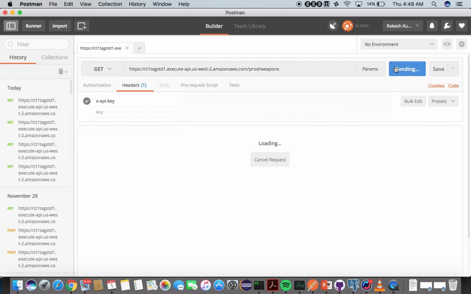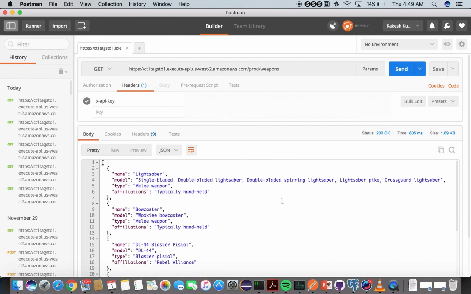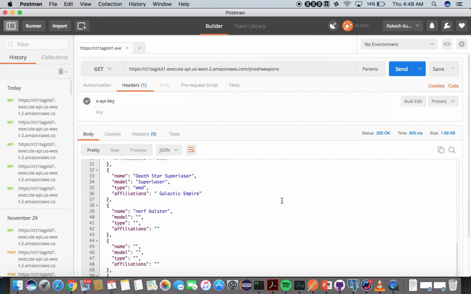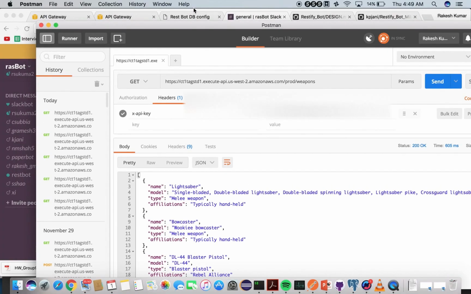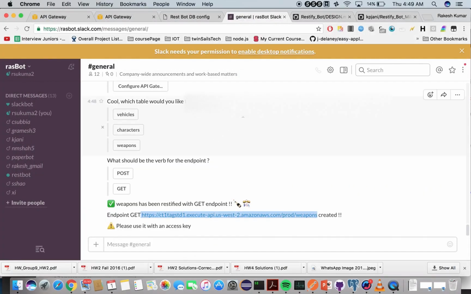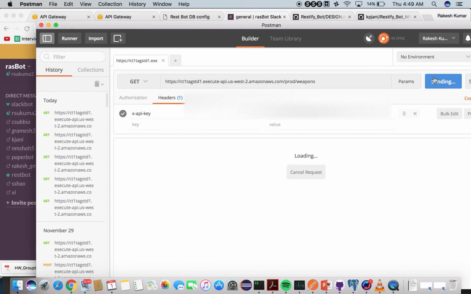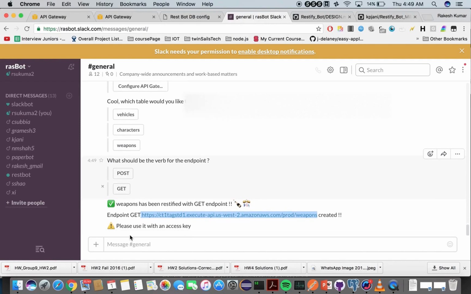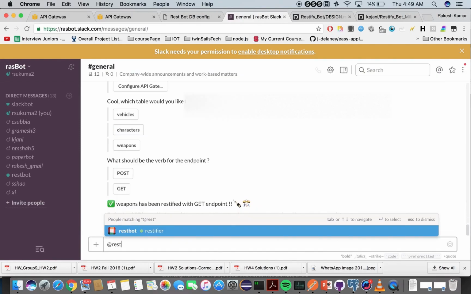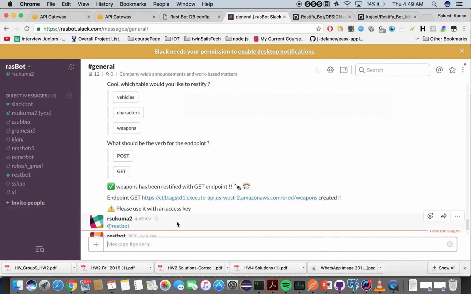Okay, so alright, so those are the lists. So those are the records in the table weapons. Okay, so now let's try to set usage limits on that. So right now I can make a bunch of calls to it. Okay, so no problem. So now I'm going to try to set a limit on the number of API calls